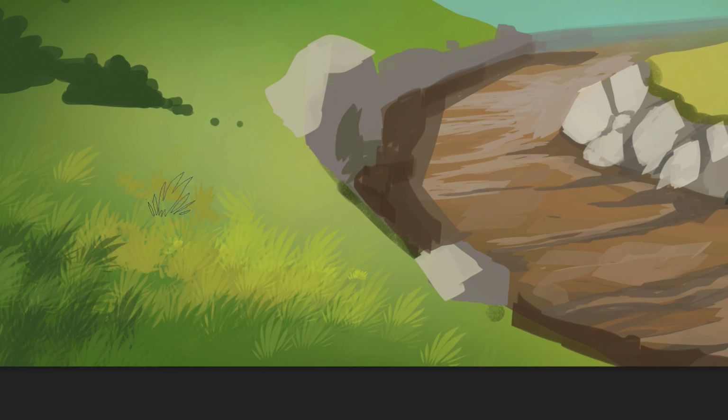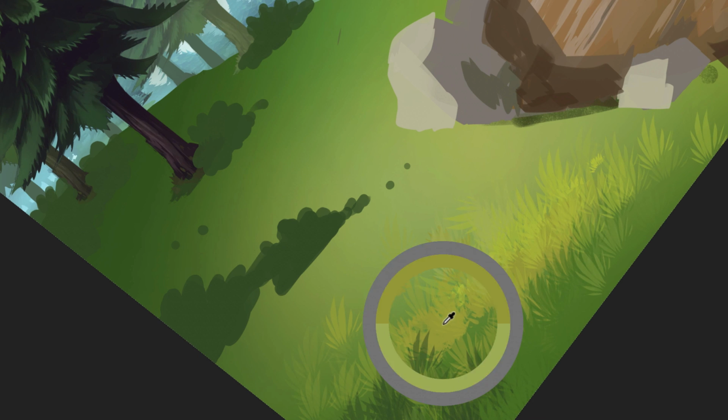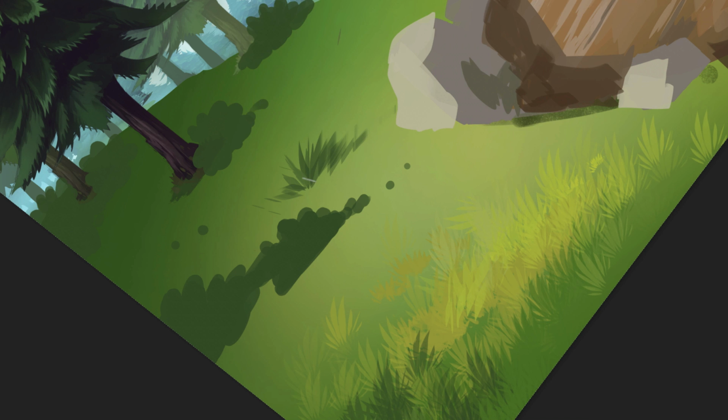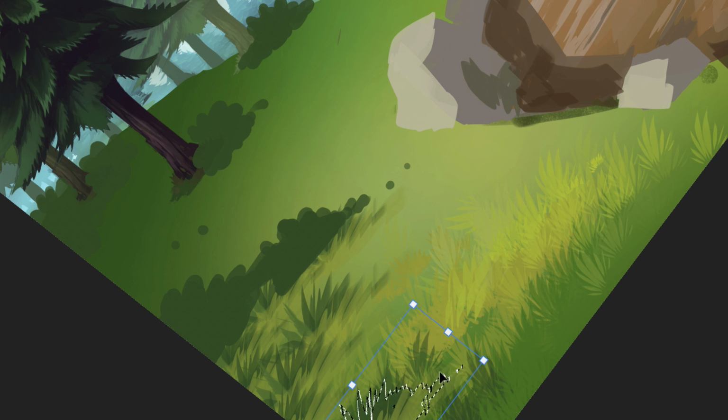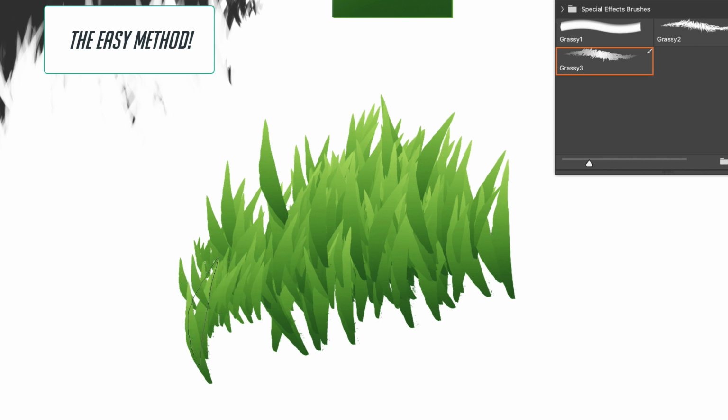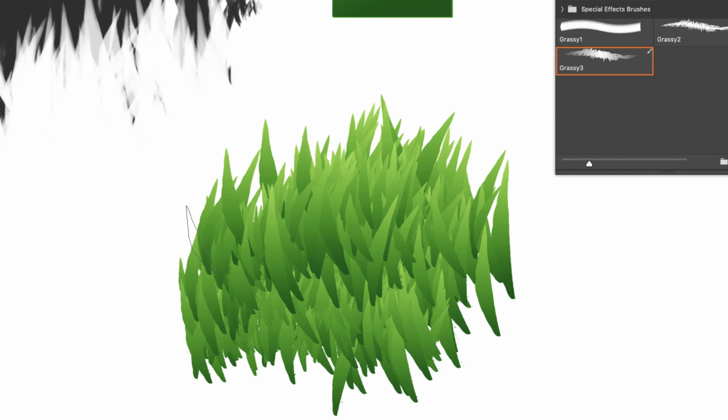Welcome, my dudes. If you're looking to paint grass, you could sit down and paint out every grass blade in chunks like this using an angled chisel brush or something like that. Or you can think like a programmer and create a tool that does this all in a couple of brush strokes. You can save yourself a tremendous amount of time